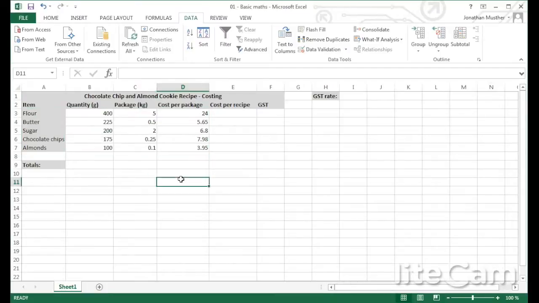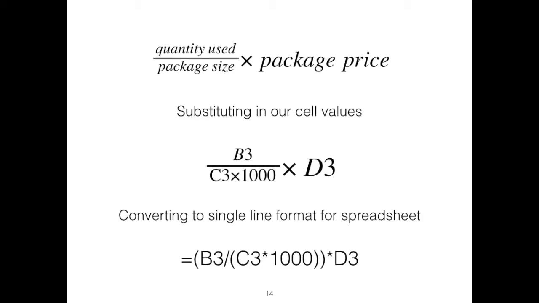Now we're going to move on, and we're going to calculate the cost per recipe of each of the ingredients. Now you can see the formula here on your screen. This is basically how we're going to calculate the cost per recipe. Now if you care about how to calculate the cost per recipe and you care a bit about maths, then you'll see that this makes sense. We've simply worked out what fraction of a package we've used and then worked out what the cost is for that fraction of the package. If you don't care about the maths and how we derive this, then just don't worry about it